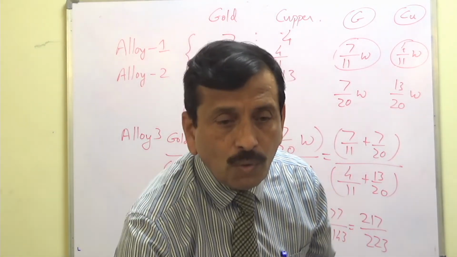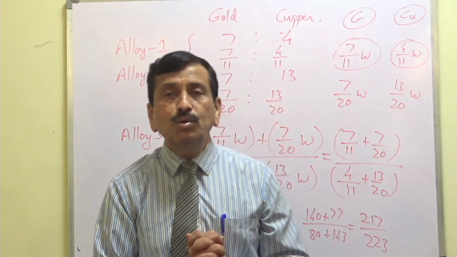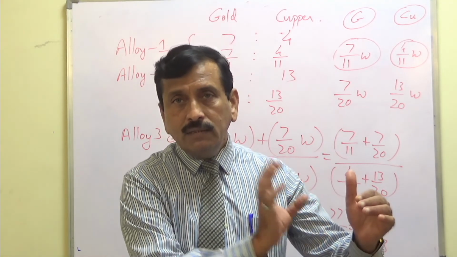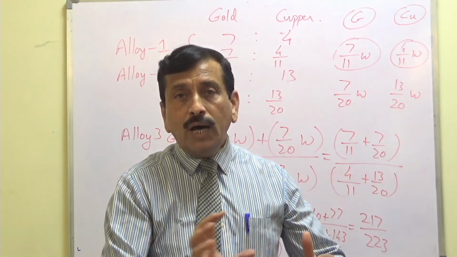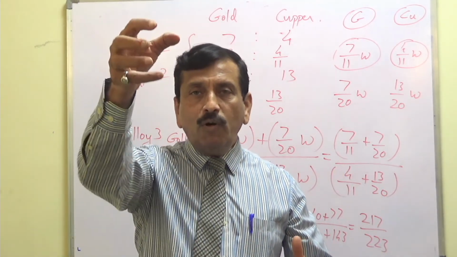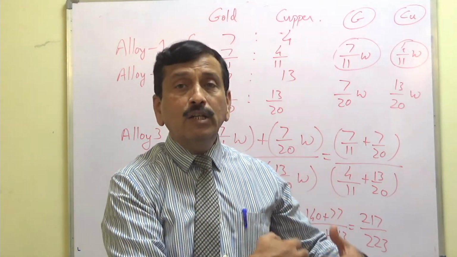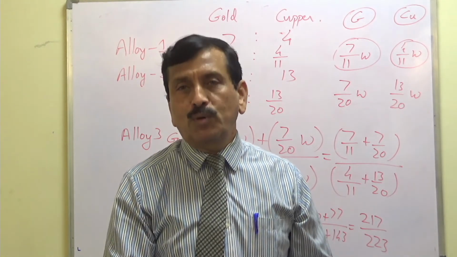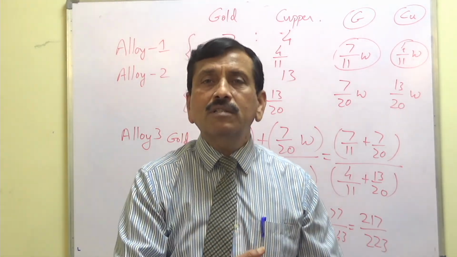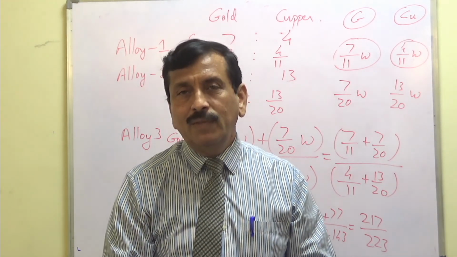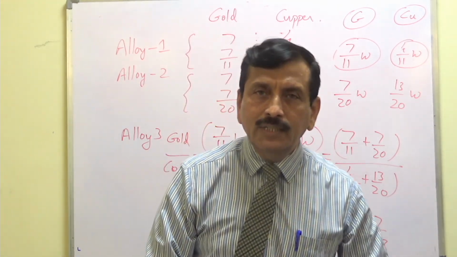Friends, look here. The ratio and proportions are being used on multiple occasions. At alloy 1, some proportion is given, at alloy 2, another proportion is given. The same quantity of both of them is taken and alloy 3 is made, and alloy 3 is giving yet a different proportion. So such complications can be incorporated in a problem, and we can handle them. Okay, this is all for this session. Thank you.